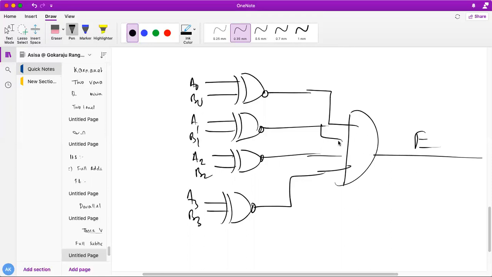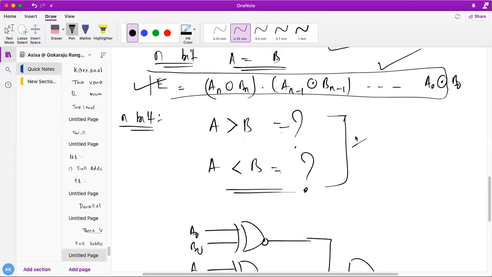So your job is to find out the generalized formula for A greater than B and A less than B. If the number of bits increases, the combinations increase. So what will happen if A is a 5 bit and B is a 5 bit? How big will the truth table be? Are you understanding? You have to compare 1024 combinations at a time, so it is very difficult. So if you know this generalized formula, then you can easily implement it. Okay, do you all understand? So that is your task to do.